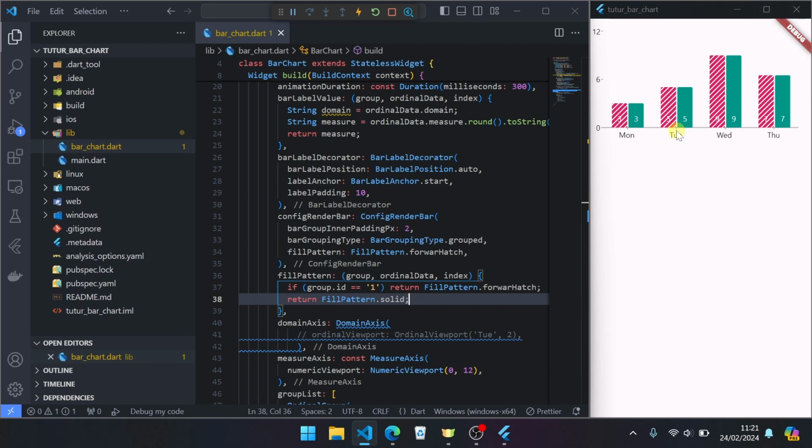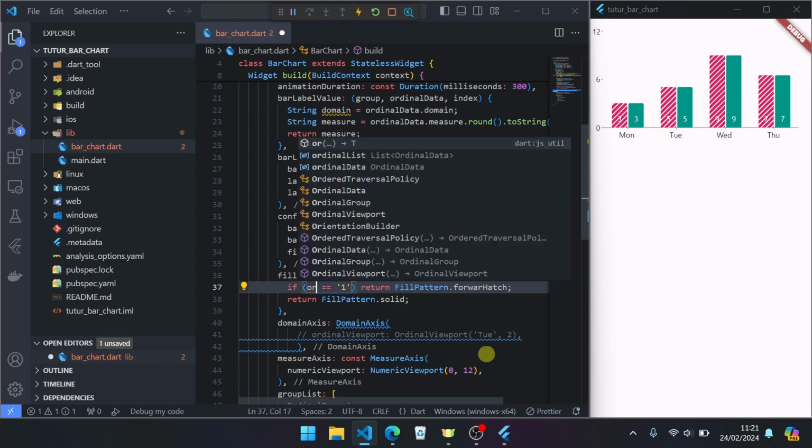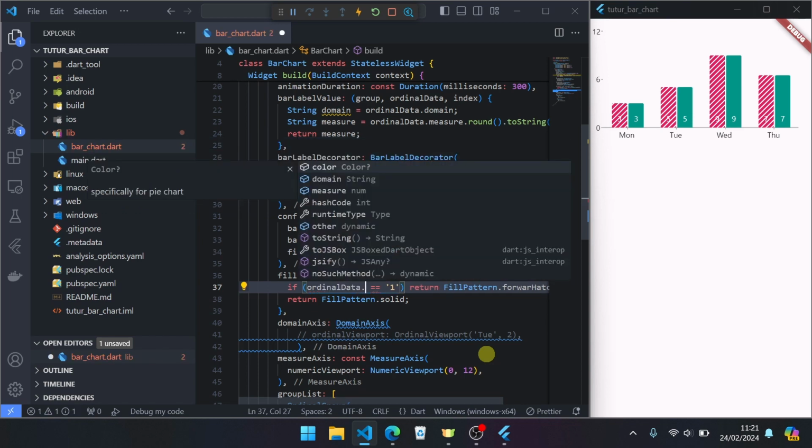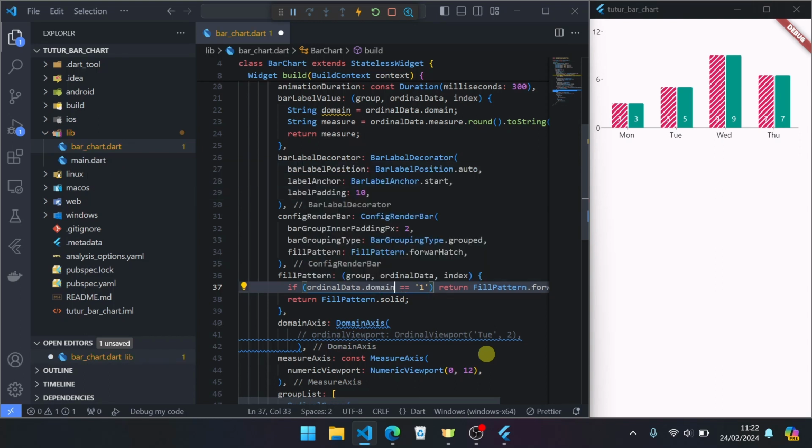If you want more custom, not grouping but per item, only an item, you can check here using ordinal data dot domain is month or is Tuesday.